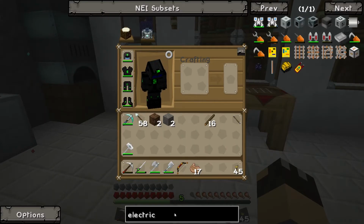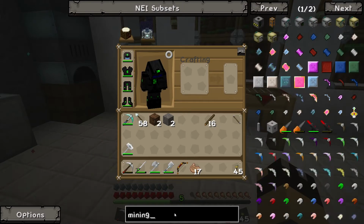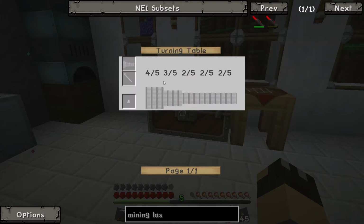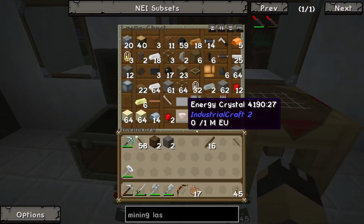Now let's just have a quick look at the mining laser, because I need to remember what the turning blank needs to be, because we need to get that correct. Because I've only got 1 turning blank and I don't want to mess this up. So it's a 43222. So we are going to need...